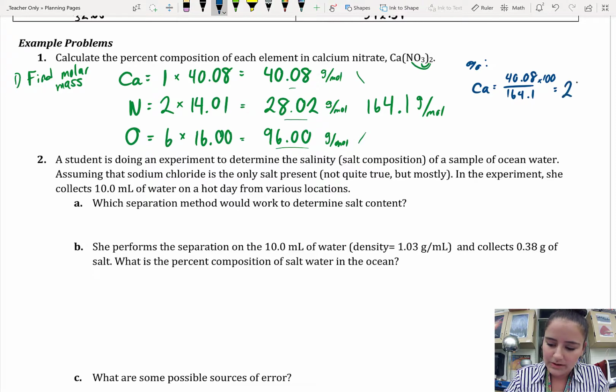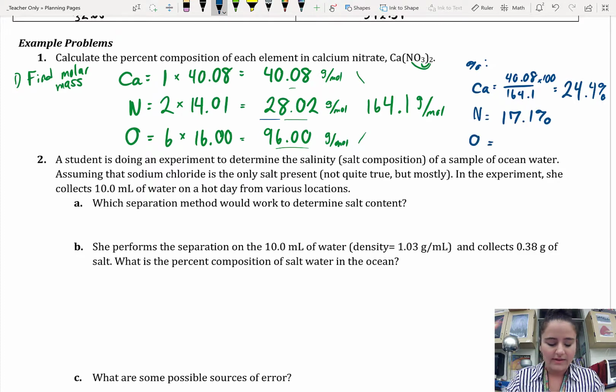So it's about 24.4%. Nitrogen, I'm not going to show the work, but it's 28.02 divided by 164.1. So we have